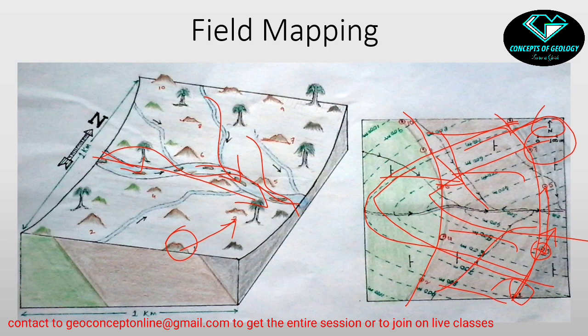Okay. What is the base map used here? The base map is the topographic map. Who has made the topographic map? The Survey of India. So what have the geologists done? The geologists have drawn the outcrops, the rock body, the rock formations. Geologists have traced the outcrop of the rock formation. Okay. The position of the geologist and the Survey of India should be clear. So this is the ultimate process of field mapping. I think you have understood the entire process.